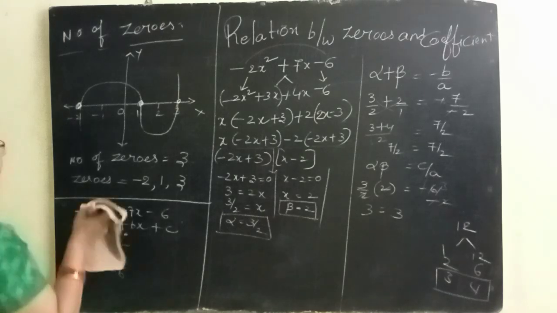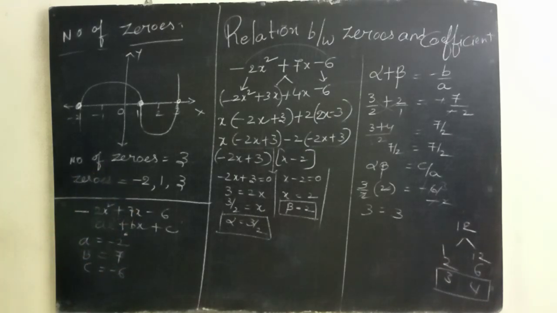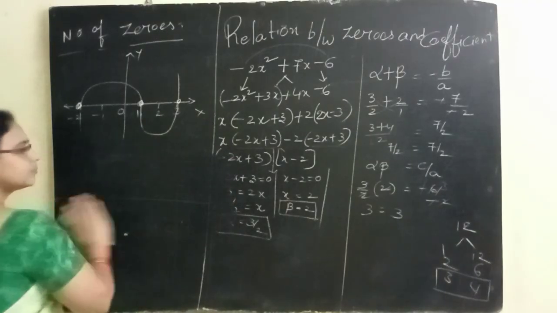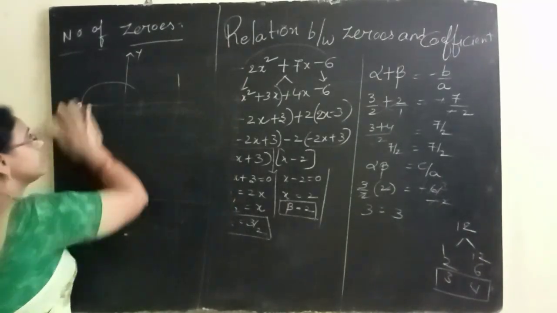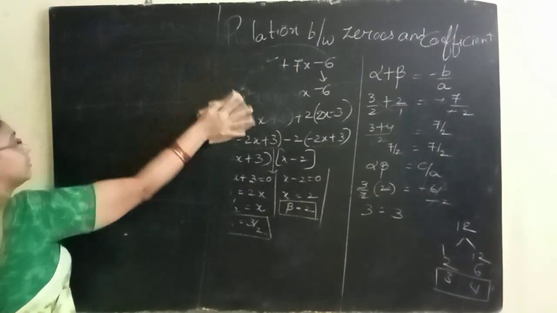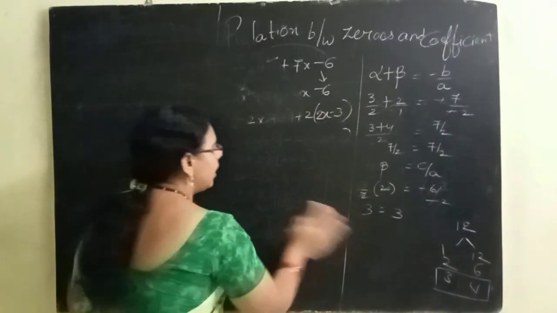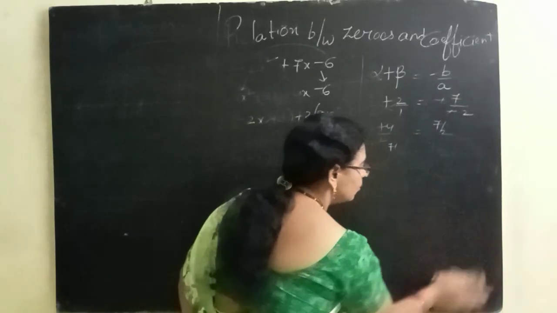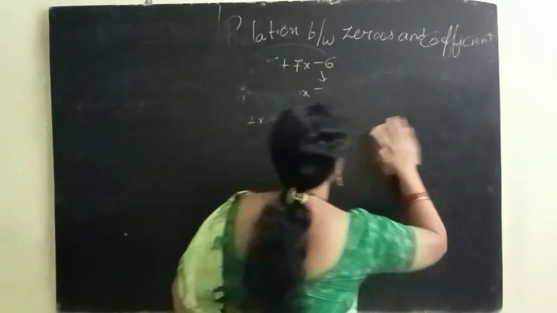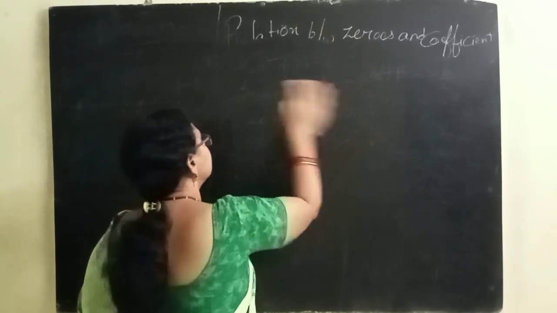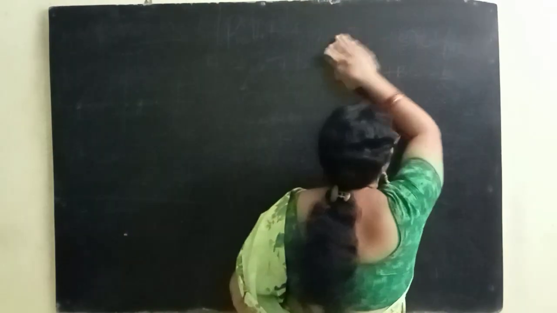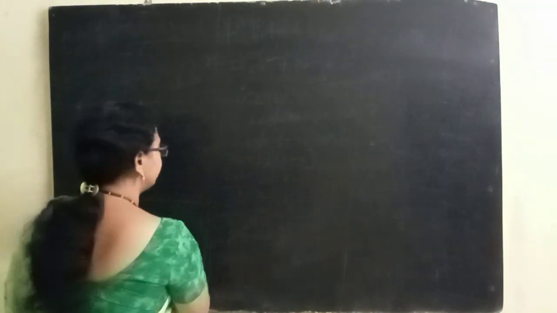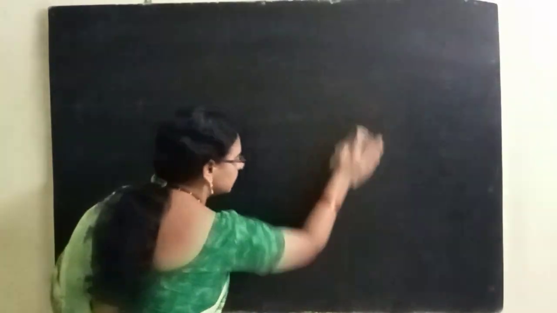So these two are also very important: the number of zeros and what the zeros are, and the relation between sum of zeros and product of zeros. How can you verify? Before going to that, how to factorize a quadratic polynomial? Everything you have to learn in a proper way. You can't leave anything, everything is a continuation. Be clear